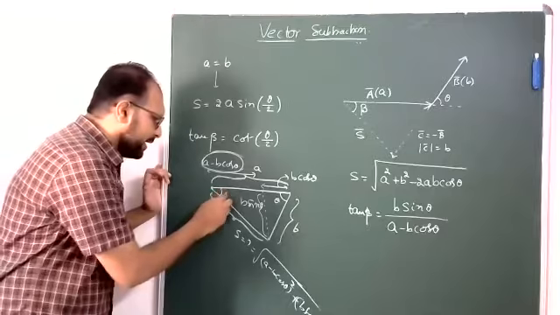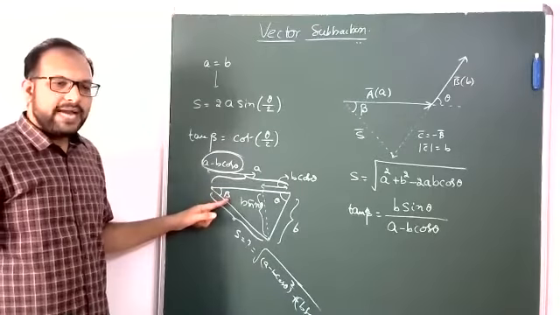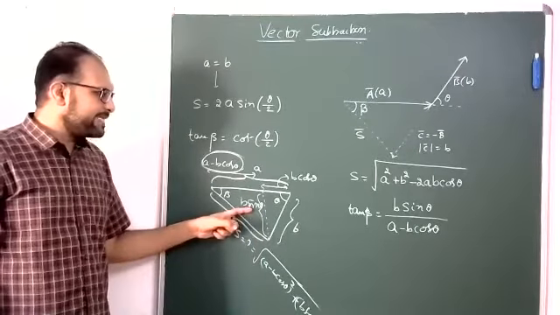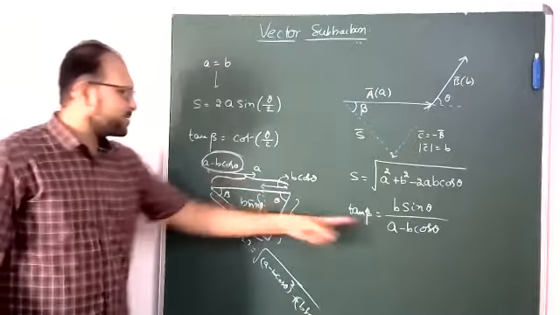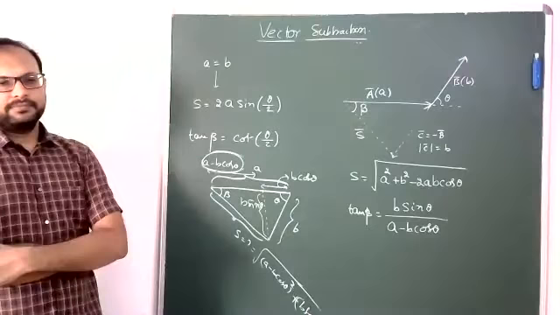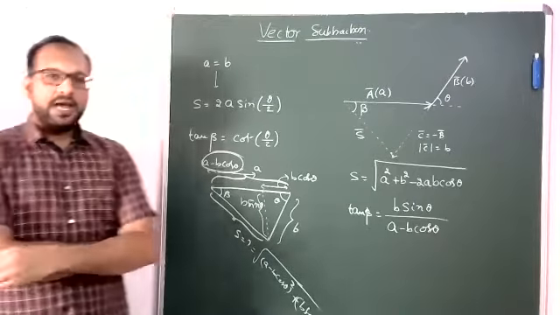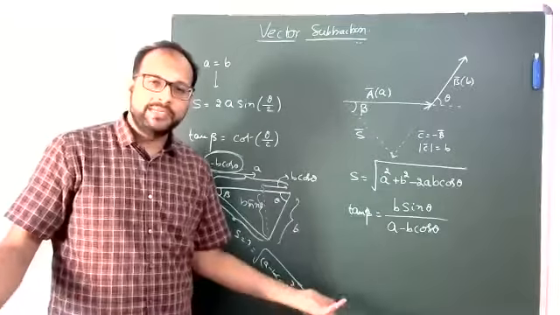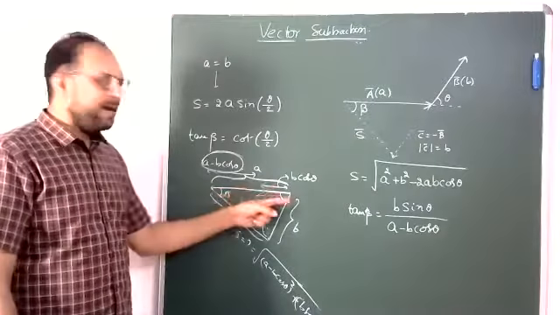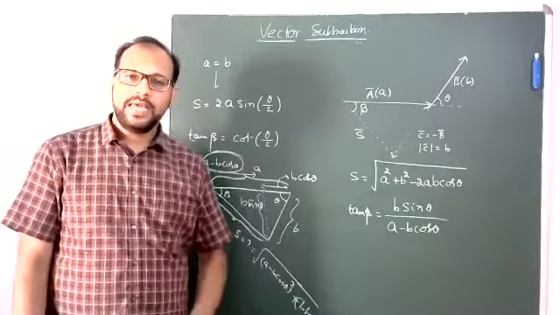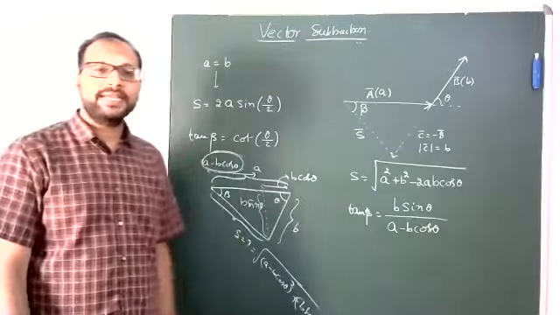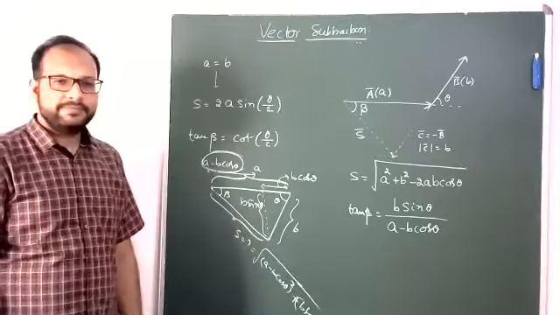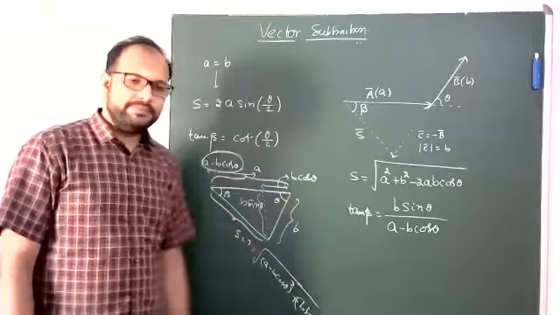Similarly, beta is the angle. Tan beta equals, in the right angle triangle, opposite side divided by adjacent side: opposite B sin theta, adjacent A minus B cos theta. That's over. So that is how to find the subtraction; you need not remember the formula. Directly take A bar and B bar, take the negative of B bar, and A bar plus minus B bar addition is nothing but the subtraction of A bar and B bar, that is A bar minus B bar. This is the method. If you remember the formula, fine; if not, this is the method.